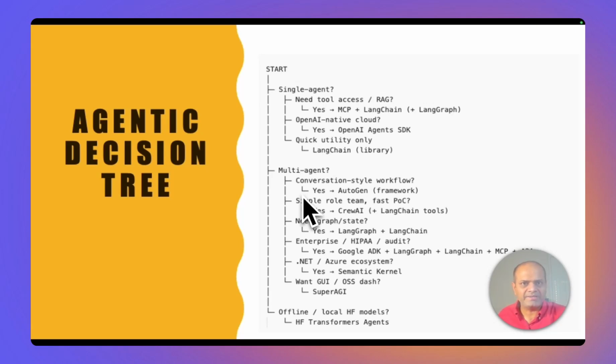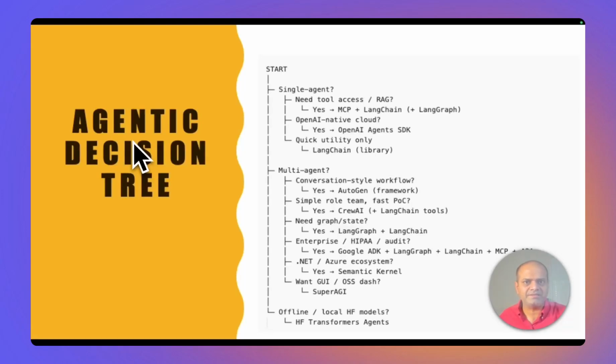Multi-agent: if it's a conversation-style chatbot, use AutoGen. If there is a simple role or a team and you need a fast POC, adopt CrewAI. If there is a complex graph, state, and memory management, LangGraph gives you complete control. Google SDK has done a good job. You can mix and match these tools, so there is no one tool as such. You can combine all of them together to delegate to the right framework, library, or SDK